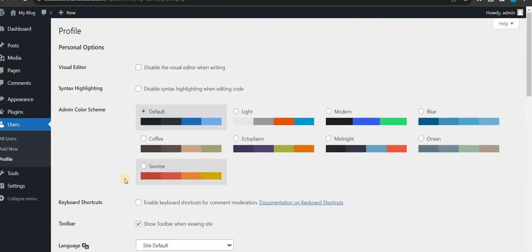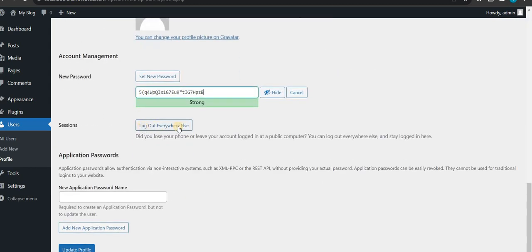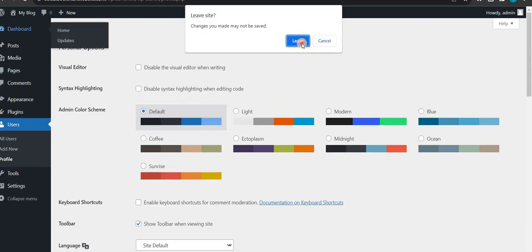Suppose the same admin can be logged in multiple times, like if your password leaked. Sometimes this issue can occur, right? So you just click on log out everywhere else. It will log out WordPress from the old devices, the logged-in devices. Okay. So after that, if you look there,